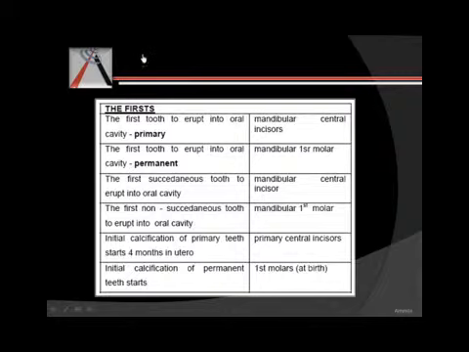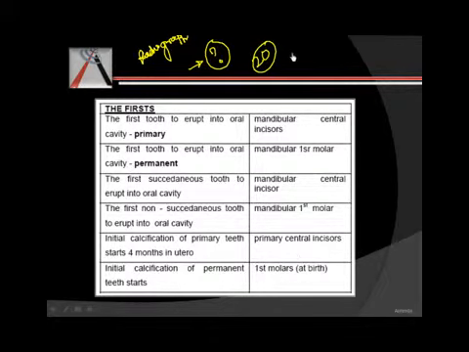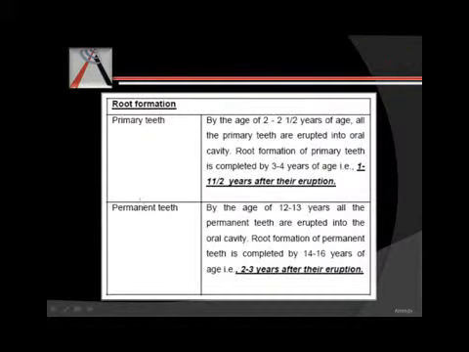There's one very common question asked about this calcification part. If we take a radiograph at birth, typically how many teeth will we see on the radiograph? The answer that comes to our mind is about the primary teeth. We have 20 primary teeth that can be seen, but yes, we have the first molars that have started calcifying, so we have 20 plus 4, that makes it 24 teeth we can see on the radiograph, and this is a very important thing.